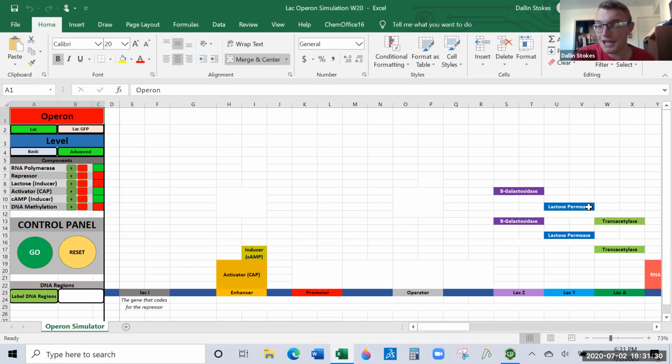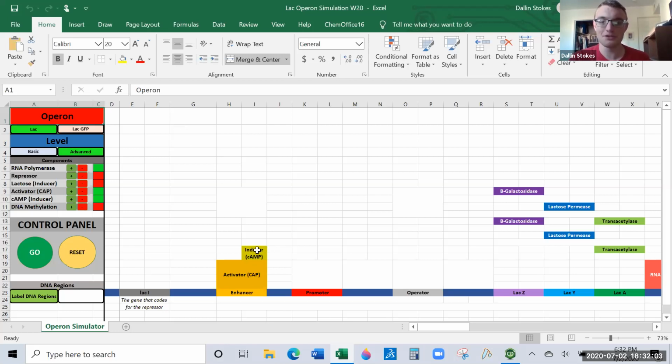So when CAMP comes spitting out, if glucose is gone, the reason why we want more of these is we can no longer afford to have lactose be a side dish. It has to be the main course, otherwise we're going to starve to death. On a bacterial level, this bacteria is going to starve to death without having glucose. So we make lots of these proteins because now the lactose is the main course. And we're going to keep doing that until glucose comes back in sufficient quantities that we stop sending out the panic button. And then the CAMP will go away and we'll start making the nibbling amounts again. So that's how the activator in CAMP works.